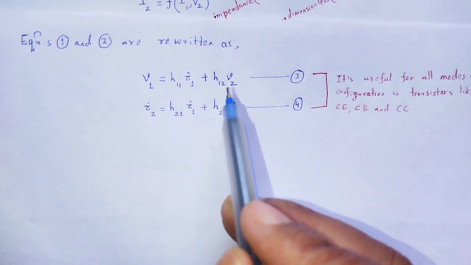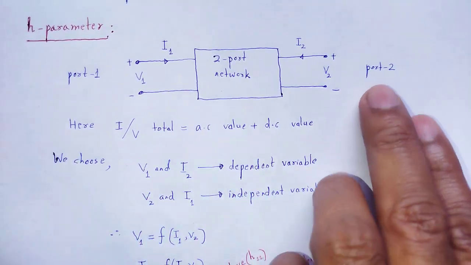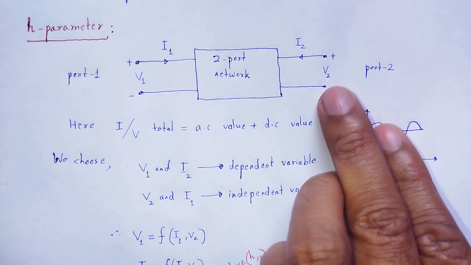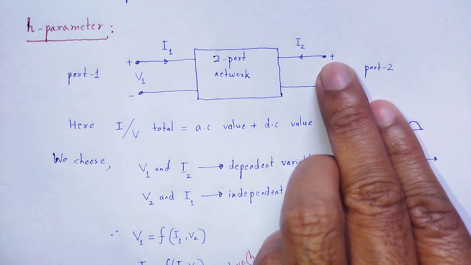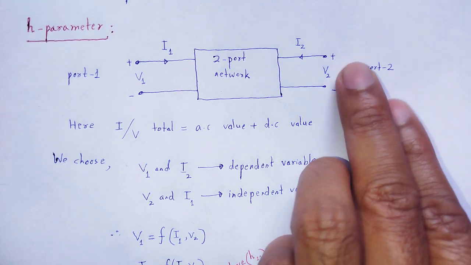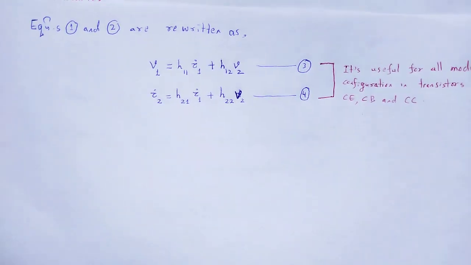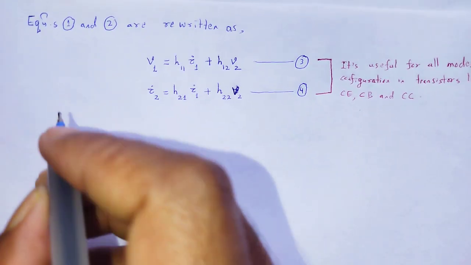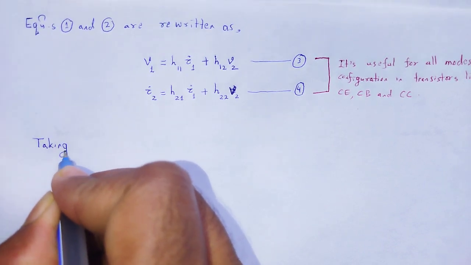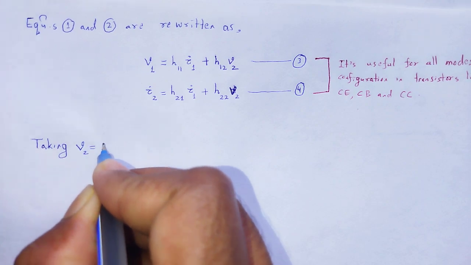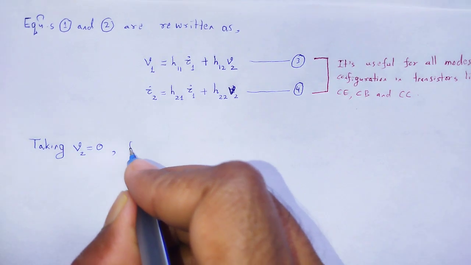Taking V2 as 0, in the sense that port 2 must be short circuited, as a result V2 will be 0. Taking V2 equal to 0, from equation number 3,